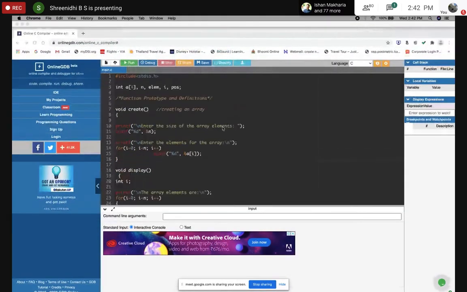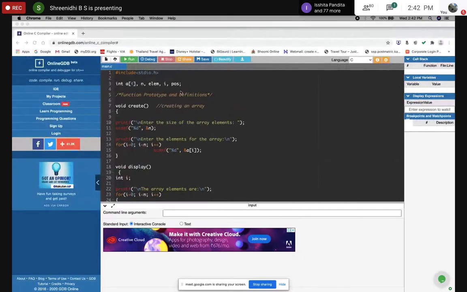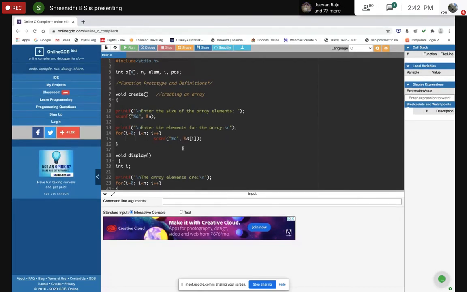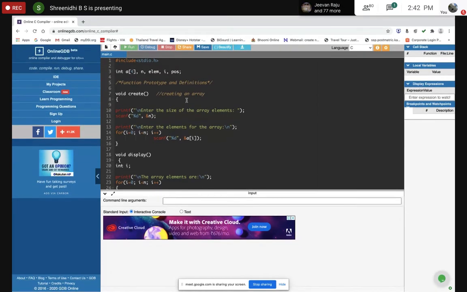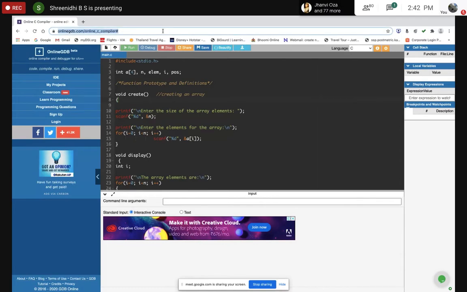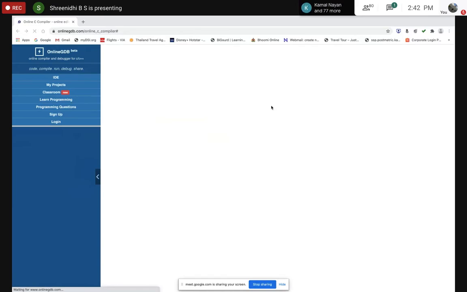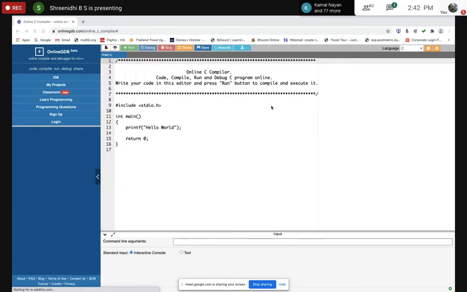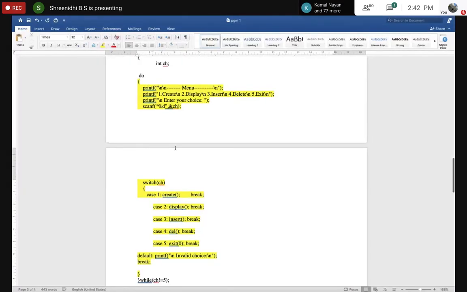So this is the program. I'm running on an online GDB. This is the code which I have showed. Once I run, wait, I'll copy the entire program.